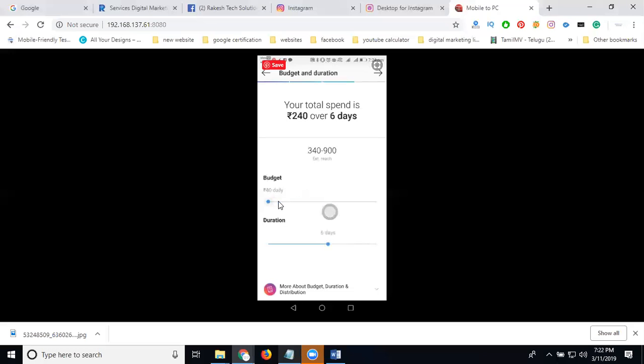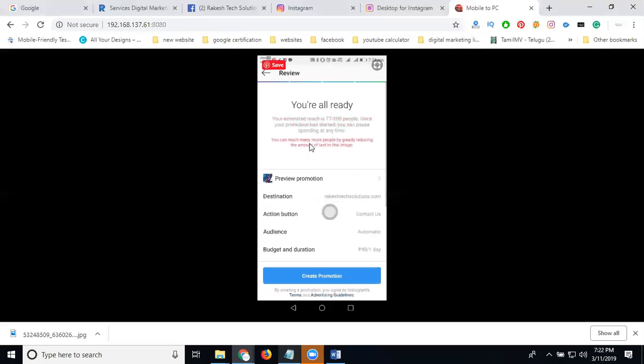So this will be here. Your duration can be 4 days, 3 days, 2 days, or only 1 day. How much is your budget? 40 rupees. The reach will be 77 to 200 for 40 rupees. Is it clear? This is called promoting your ads on your Instagram account. Click next. Finally, start your budget, add your details, create your